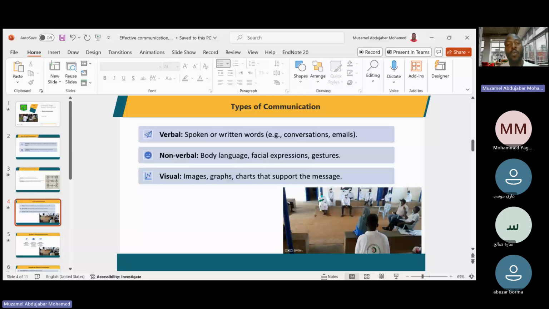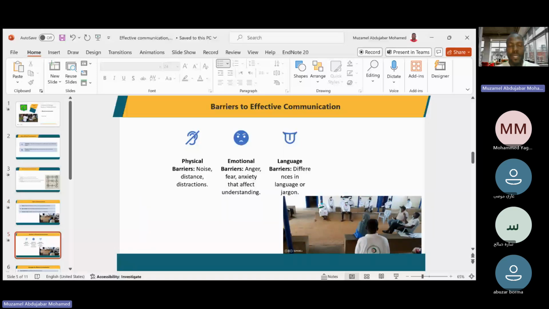Now let us see the barriers to effective communication. What is a barrier? What is a barrier to effective communication? As we see, communication sometimes has barriers. One of the main